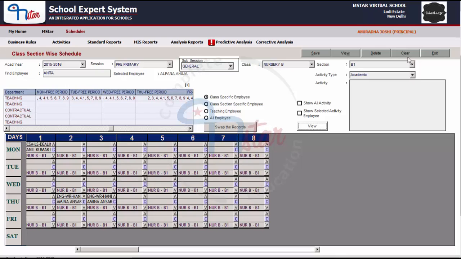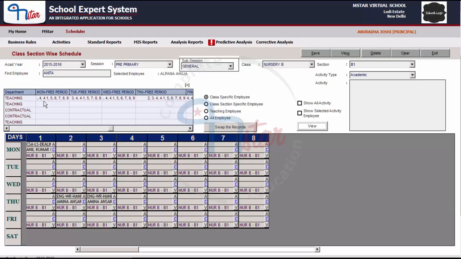As required, repeat these steps for different class sections and classes and schedule the class-wise timetable. It is also an important point to know that as we update the class-wise timetable, the teacher-wise timetable or the timetable of the respective teacher is also getting updated automatically in the application. So we have to either update the class-wise timetable or the teacher-wise timetable.